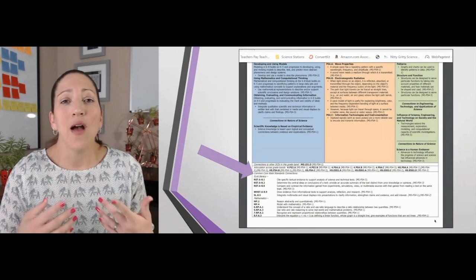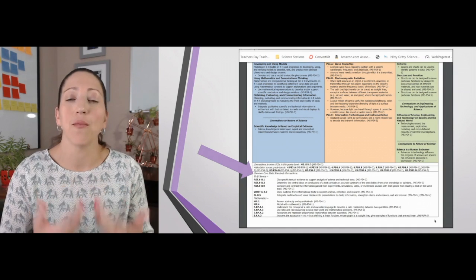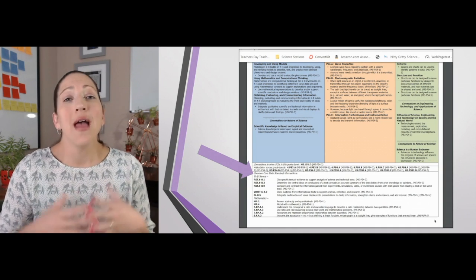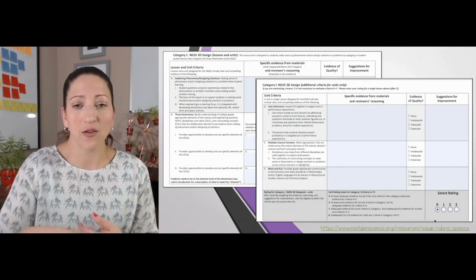Now, if your team or your state has just adopted the Next Generation Science Standards, or if you're not familiar with the Next Generation Science Standards and you want to see if your lesson or your unit will work for the standard you're looking at,